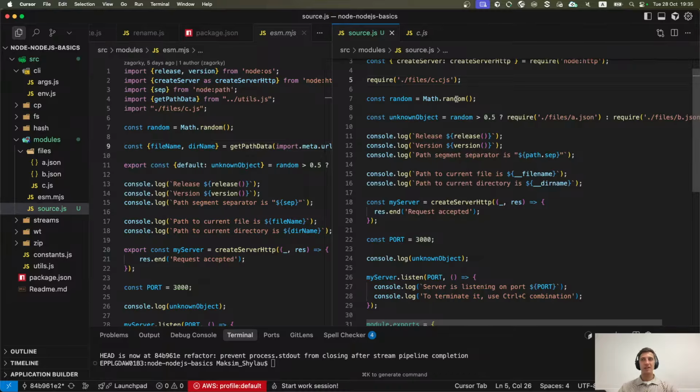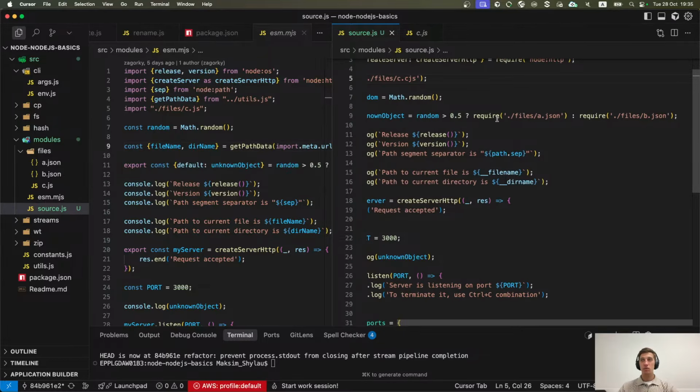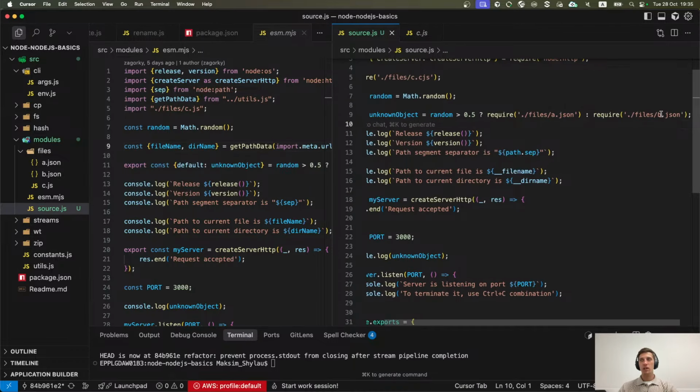It depends on your CPU load, frequency, and so on, current time, something else. I'm not exactly sure how it works, but it's not really random. So if this Math.random API call, which returns a value from 0 to 1, returns more than 0.5, you should require a.json, otherwise you should require b.json.